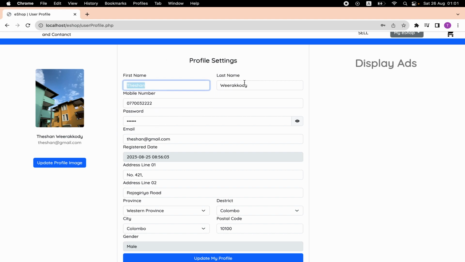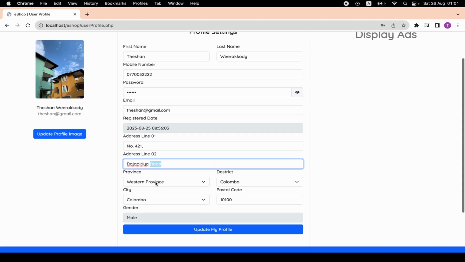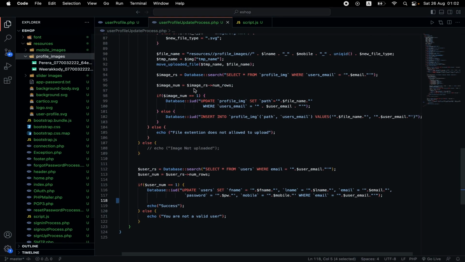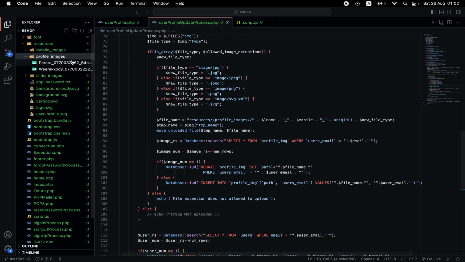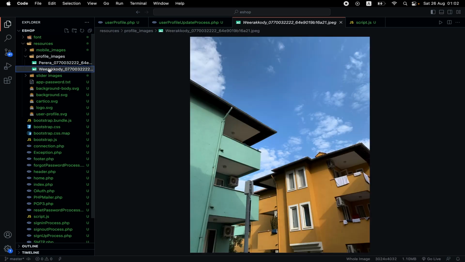So my name is changed, last name updated, first and second address also updated, province, district Colombo, city, postal code all are updated, and also as you can see my image is also updated. In here also my name changed, and in here I want to show you the new image. So see, the new image is saved inside this profile image. So this is the new image,